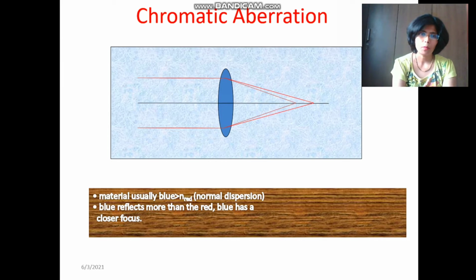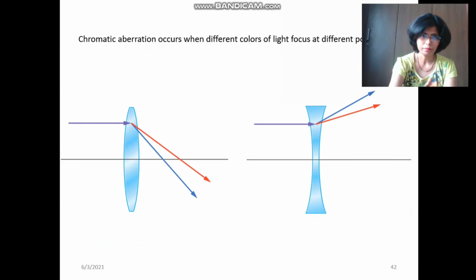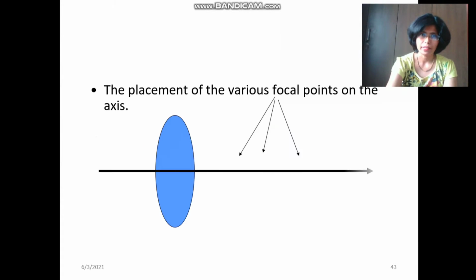Now, axial chromatic aberration. When a parallel beam of white light is incident on the lens, it gets dispersed into its constituent 7 colors. The deviation produced by the lens is different for the different colors, and the dispersed rays come to focus at different points on the axis of the lens. The refractive index of the material of the lens is different for the different colors. The refractive index of the material decreases with increase in the wavelength, correct? So from the equation 1/f = (mu - 1)(1/r1 - 1/r2), the focal length of the lens is smaller for the violet rays than that for the red rays.